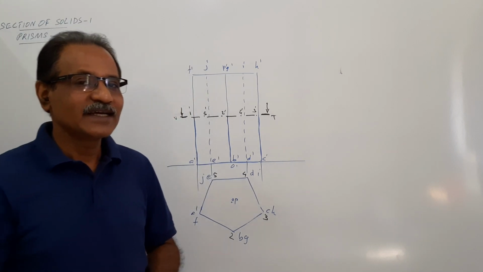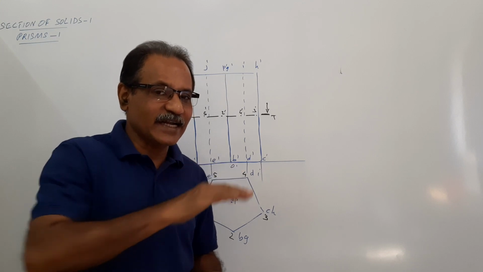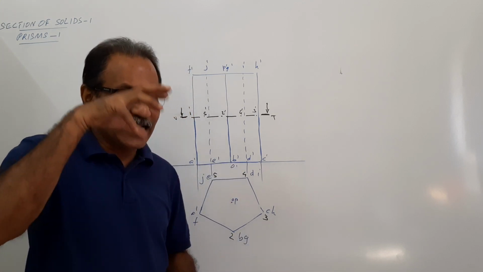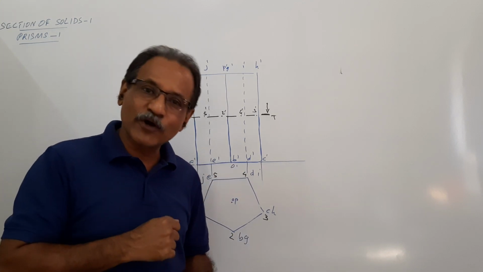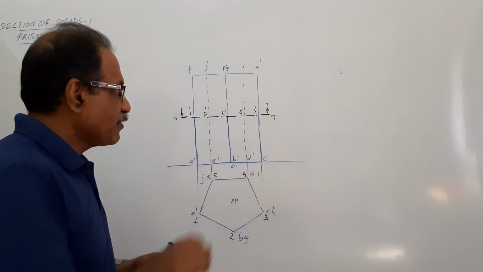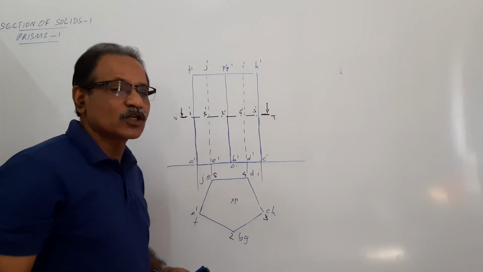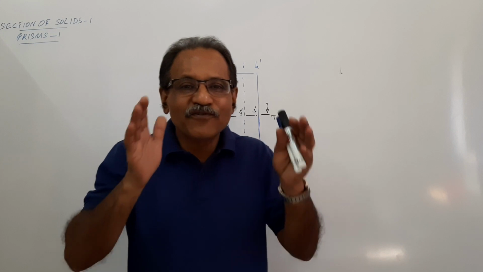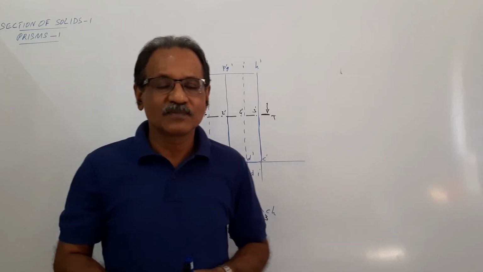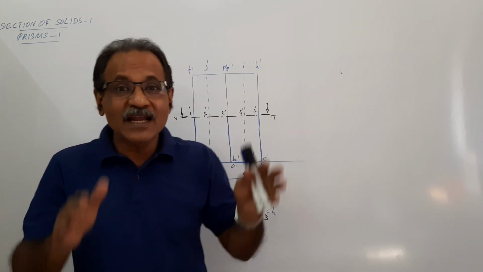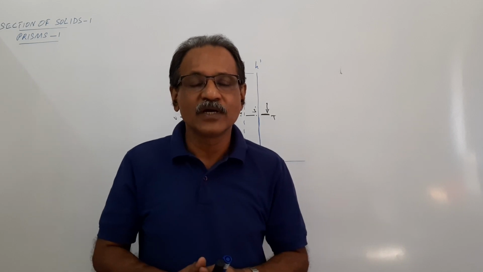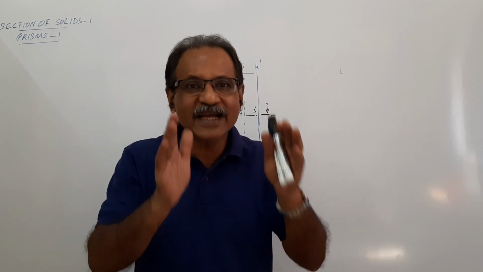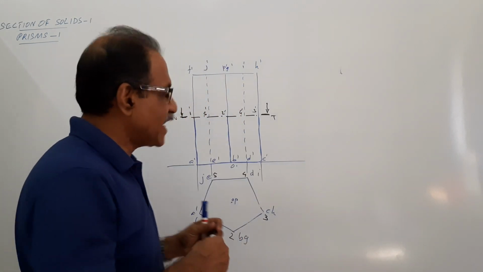What are they? They are the points where the cutting plane cut the vertical edges. Okay. When you remove this and look from the top, what do you see? You see fresh cut surface. To indicate that it is a freshly cut surface, you draw hatching lines.